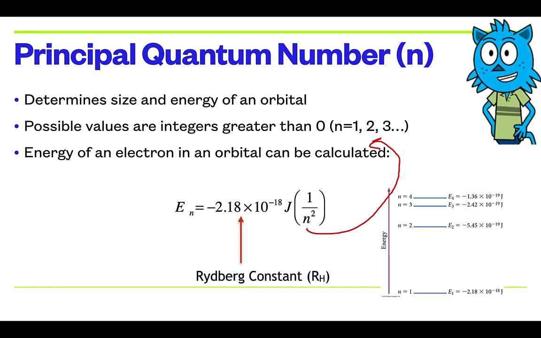And you notice a couple of things here. See that the energies of the subsequent orbitals are getting closer and closer. That does not mean that the orbitals are getting physically closer and closer, just that the energies are. But that makes it easier for an electron to jump between orbitals as we get higher and higher up.